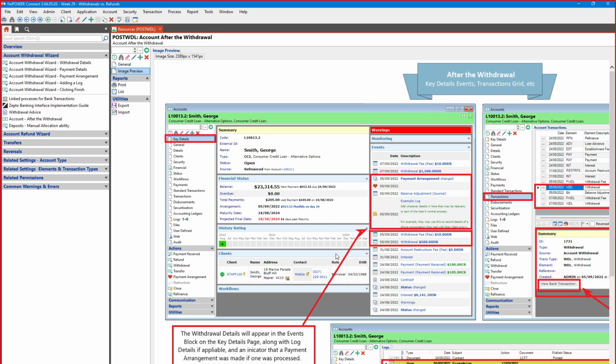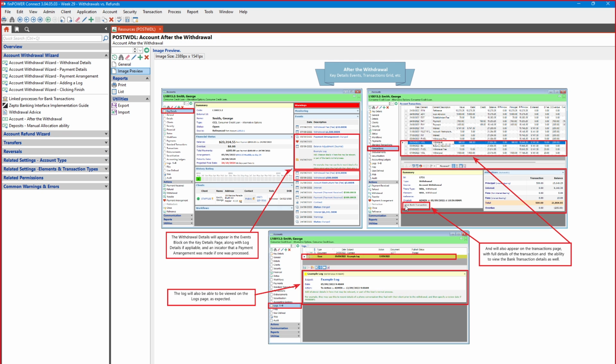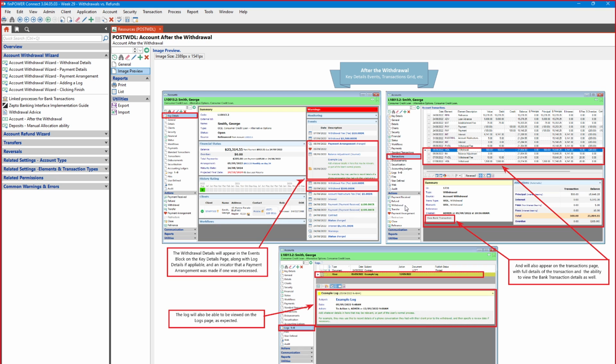After the withdrawal has been processed, you'll see a record of it reflected in various places, such as the events block on the key details page if the client has this enabled, and a mention of the payment arrangement will also appear here if the option was utilised. Obviously, withdrawals will also appear on the transactions page where you can also access the full bank transaction